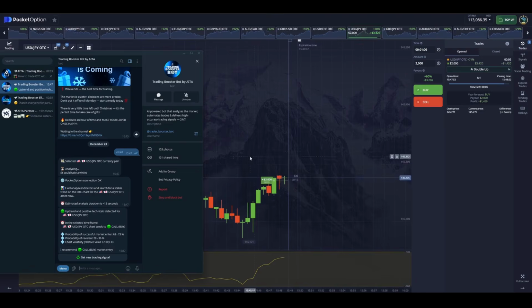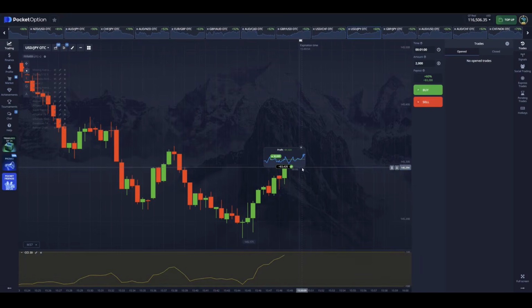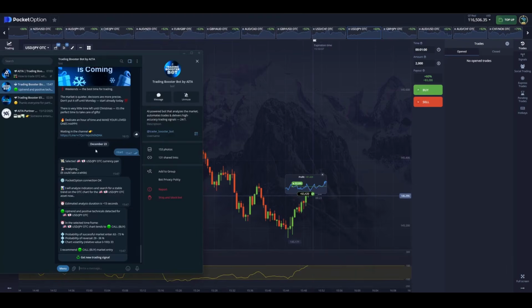You'll immediately have access to 12 currency pairs from the start, and accordingly 3 timeframes: 1 minute, 3 minutes, and 5 minutes. And as you can see, that's $1,400. I'm taking the profit. You can use additional indicators, or some other extra tools if you want. But honestly, you don't really need to. Basically, you just do the analysis, and then based on that analysis, you open a trade and take your profit.